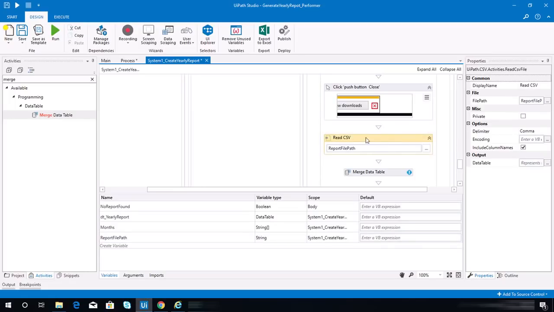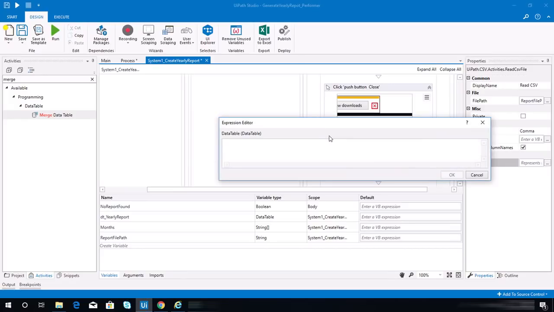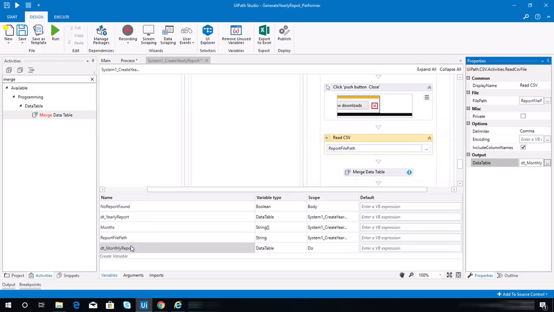Yeah. So on this read CSV activity, on the data table output, we need to put here DT monthly report. So control K and then type this name and hit enter so that variable will be created